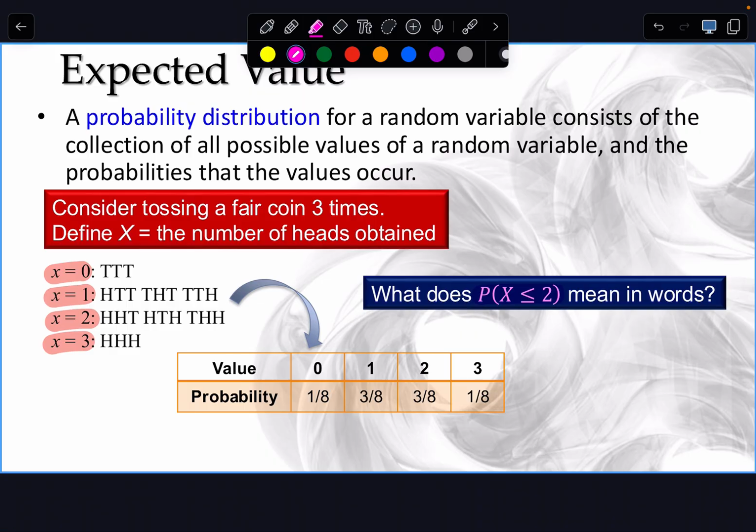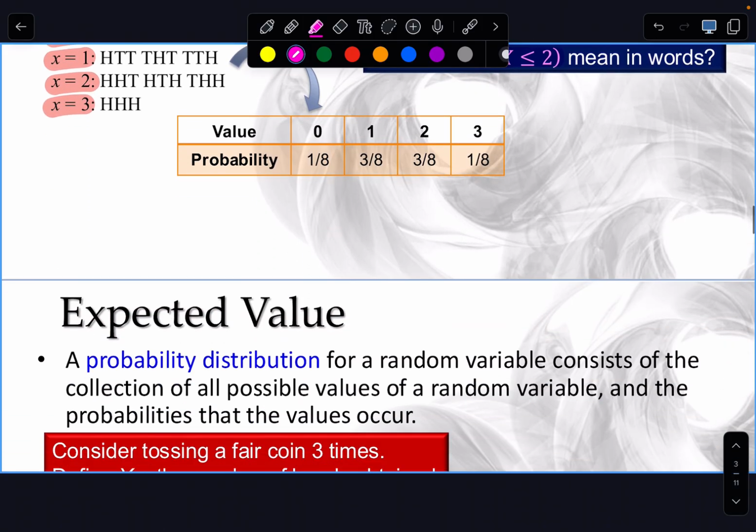Yeah, the probability that the number of heads we get is less than or equal to 2. So knowing what the question's asking, knowing what the notation stands for is going to be important. So interpreting our values, interpreting our calculations. And then when we get to actually calculating,